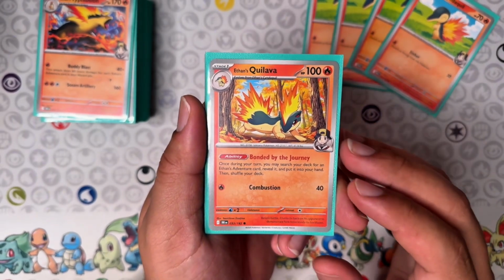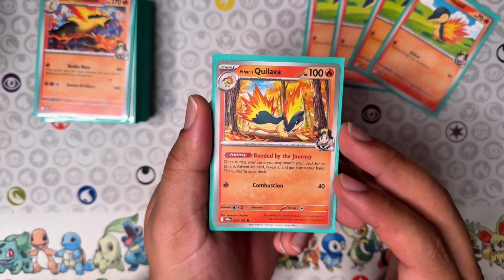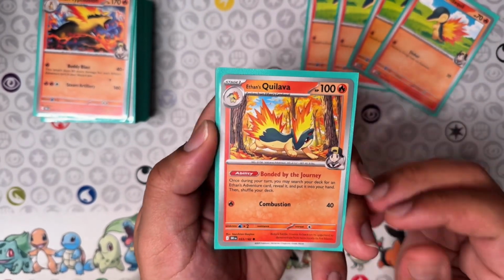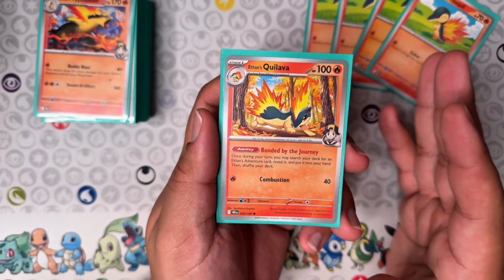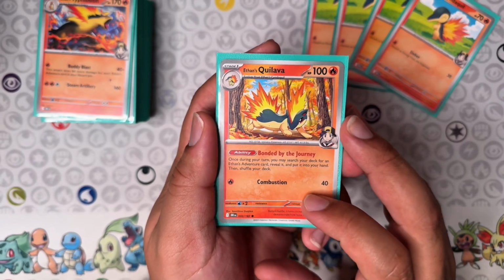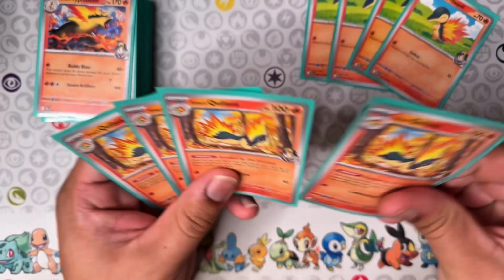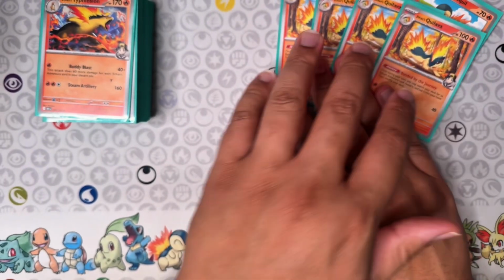Once during your turn, you may search your deck for an Ethan's Adventure card, and that could be anything. So you search out for the supporter, which then gets you other cards, and we'll take a look at what an Ethan's Adventure card does. But Quilava is really nice, especially if you can evolve and then attack into Budew. You can knock out Budews with Bravery Charms because then they're at 80 HP. So Ethan's Quilava, super important within the deck, allows you to turbo and get those Ethan cards to your hand,